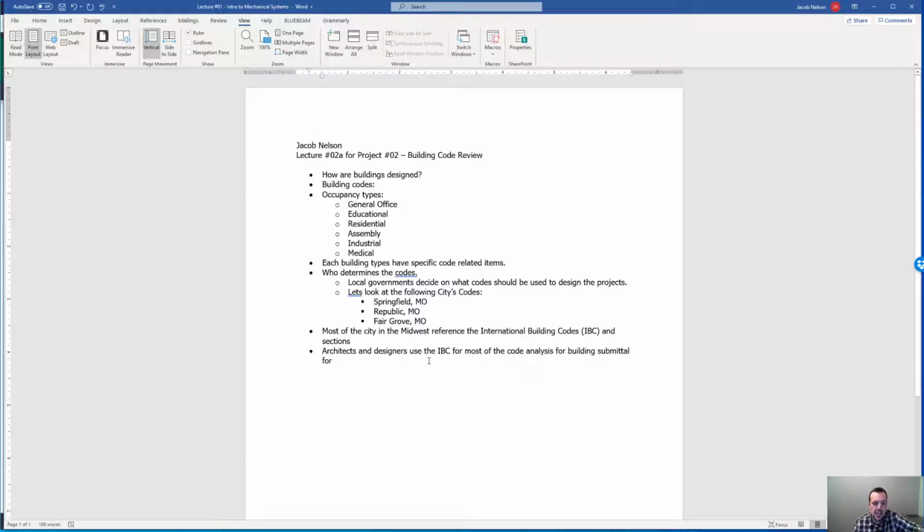Most architects and designers will use the International Building Code, and so they submit their plans to the